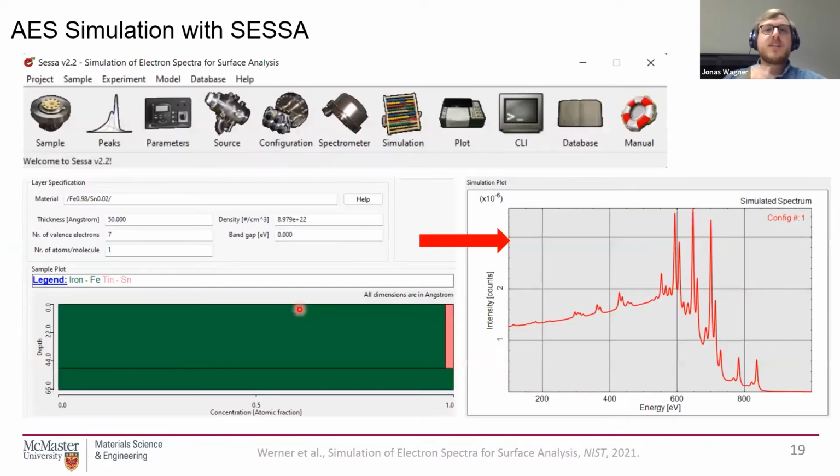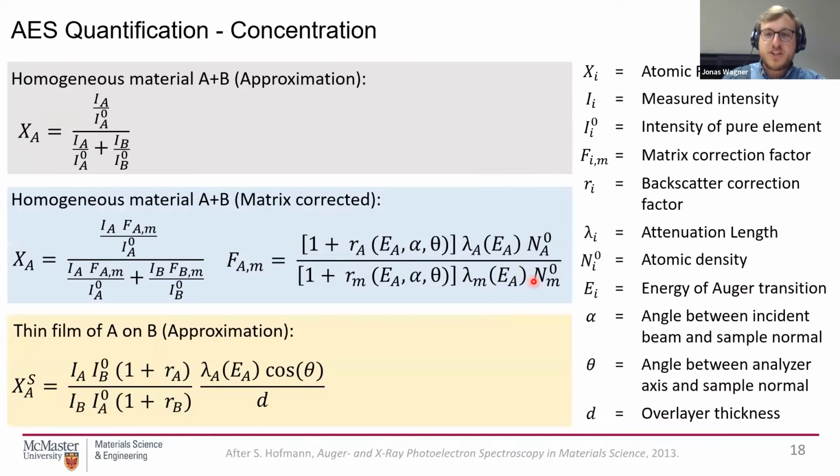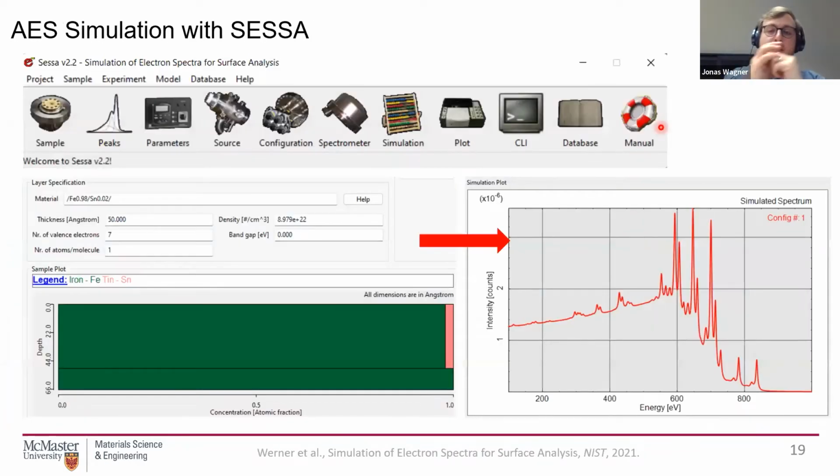So you might ask yourself, how do you get all those numbers? Where do you get them? Well, you could go through different handbooks. There are different empirical equations that you can also consult. What I found very helpful and interesting is a program called SESSA.